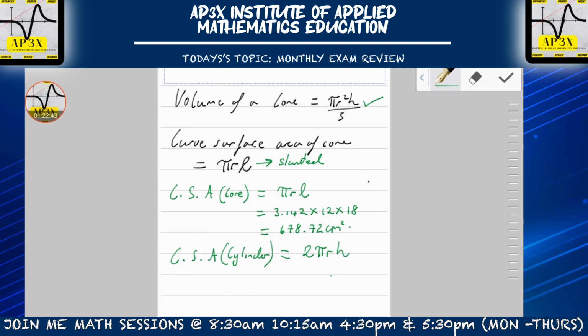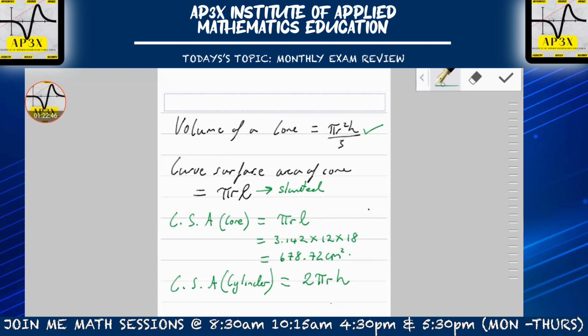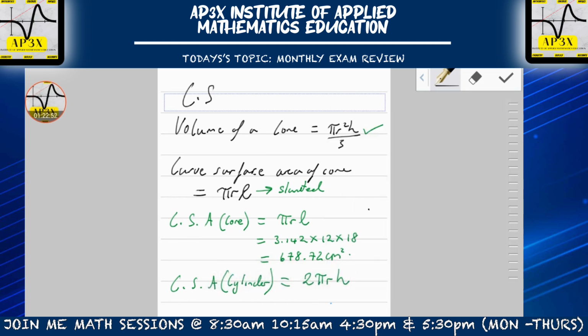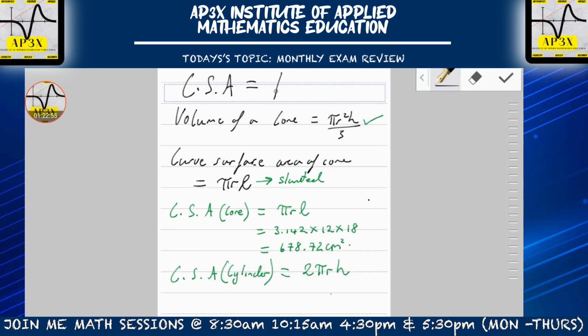Because remember that curved surface area, the natural formula for curved surface area, let's just write that down. Students would have already known this: the curved surface area of any prism really is the perimeter times the height. And that is why we have here the perimeter of the cone as pi r L. The cone is not a complete circle, it's not a complete cylinder, so that is why we have this adjusted formula here. But in fact, the perimeter of a circle is 2 pi r, and the height is in fact 8, so